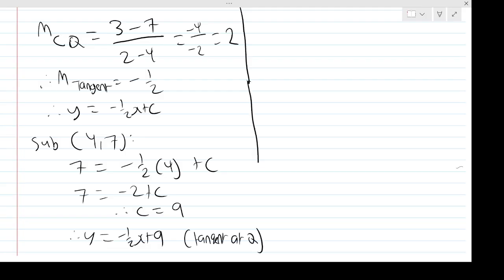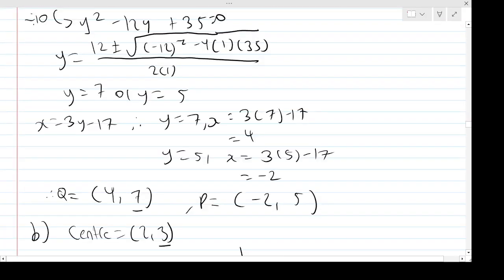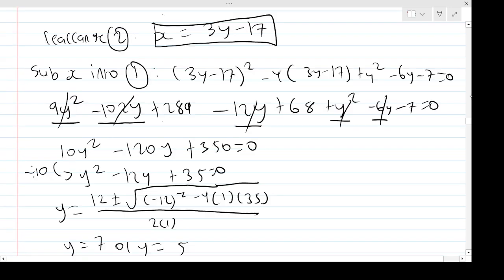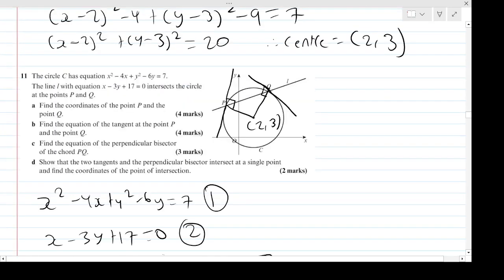Cool. So then I'm going to do the same for the tangent at P because I need to find that as well. So it's the exact same process, right? Then I need to find the gradient from P to the centre. So now I'm focusing on P. The gradient of the radius here from P to the centre C